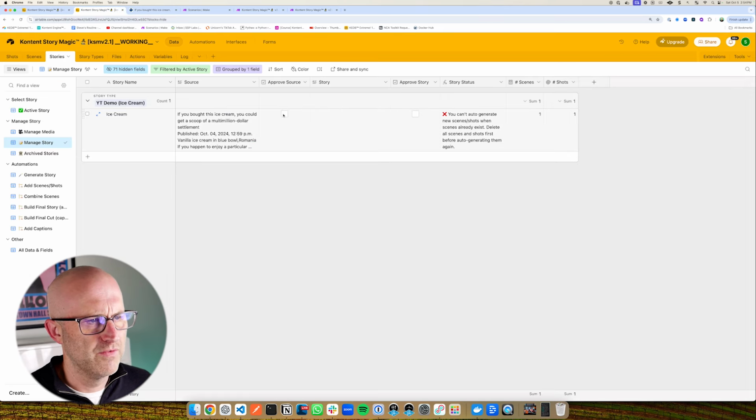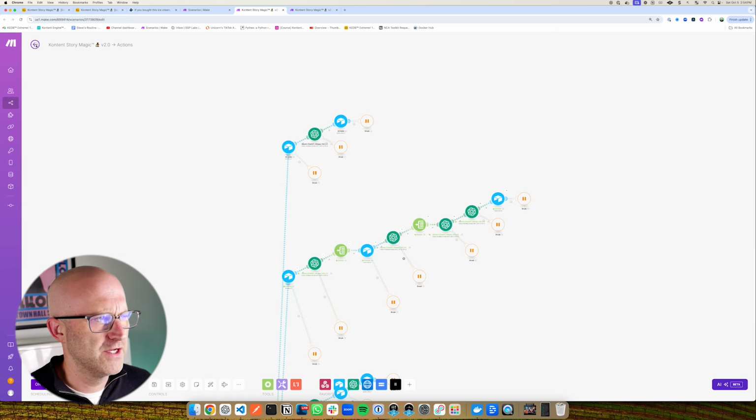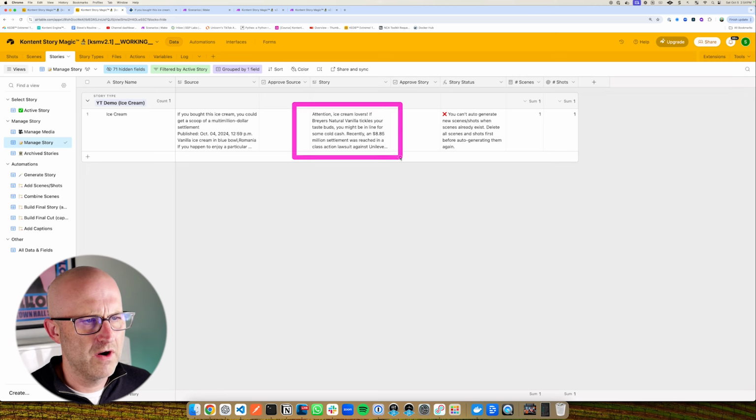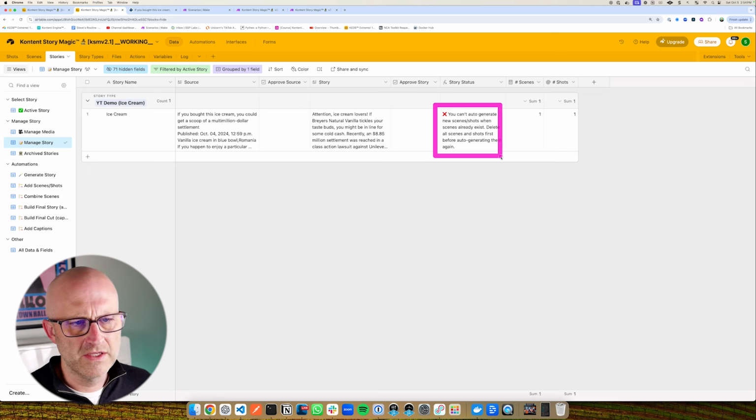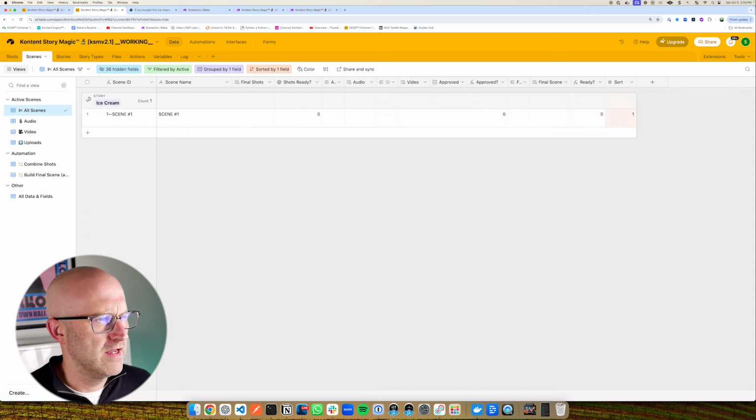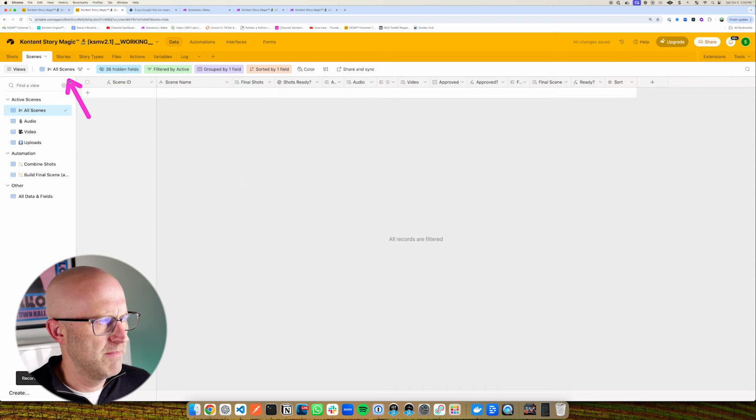So I'll go ahead and approve that. That's going to generate our story script here. If I were to jump back to the automation, we just saw that running here. If I jump back, we now have our script. And now what the system is telling us here is that you can't auto-generate the scenes and the shots when scenes already exist. So when you first create a scene, it will often just create a default here so that you have something here. I'm going to go ahead and delete this, and then I'm going to come back to the story,